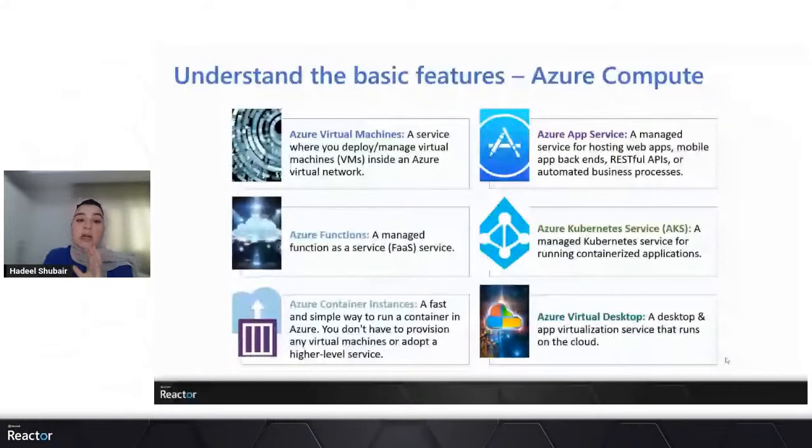So this is what Azure Virtual Machines are. Let's move on to Azure Functions. Azure Functions is a compute service that enables users to run code without managing or worrying about everything that goes on behind the scenes for the platform or the infrastructure. And that's why Azure Functions is a function as a service, FaaS, service.